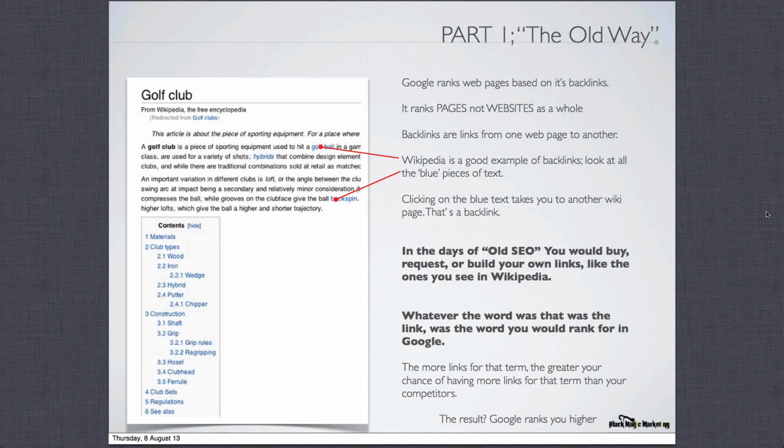And Wikipedia is a great example of links. The words in blue, you can see them all over the place there. They're hyperlinks, which are backlinks. The difference is that Wikipedia mainly links internally, so if you click on golf ball or backspin, as I've got highlighted there, you'll go to the golf ball or backspin pages in Wikipedia.